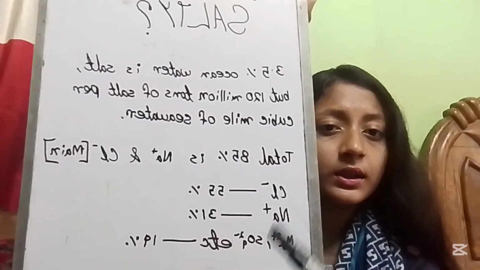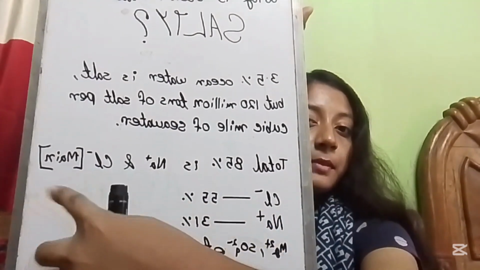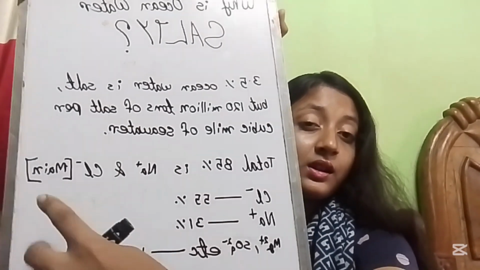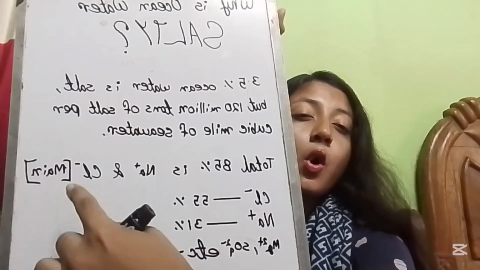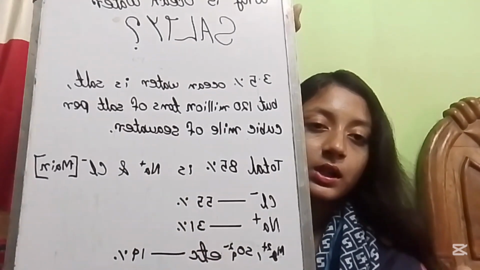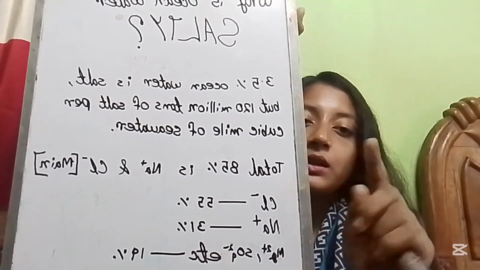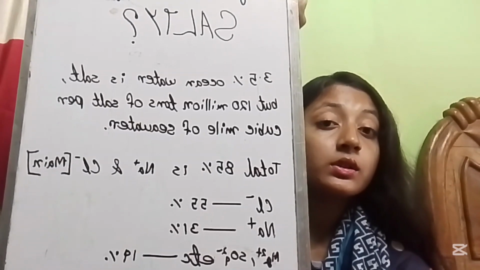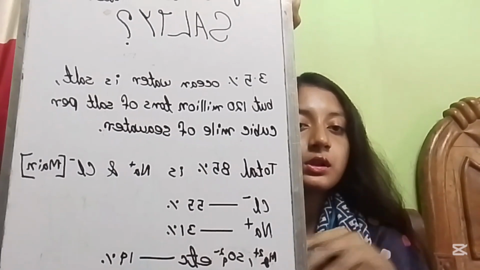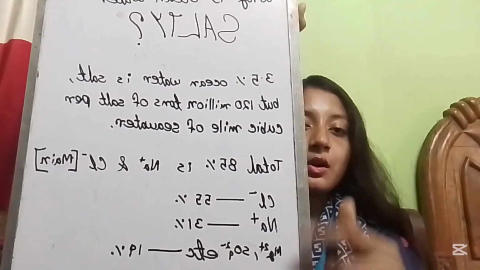Here you can see the chlorine, but there's a breakdown of all the salts. It's the main one, I have written it here, it's general. It will be happening for all oceans, and it's a more detailed breakdown. If I tell you to match this 85% with Na, sodium and chloride, it won't match exactly, because it's the main and general formation. In general the total is 85%, but there's a breakdown.